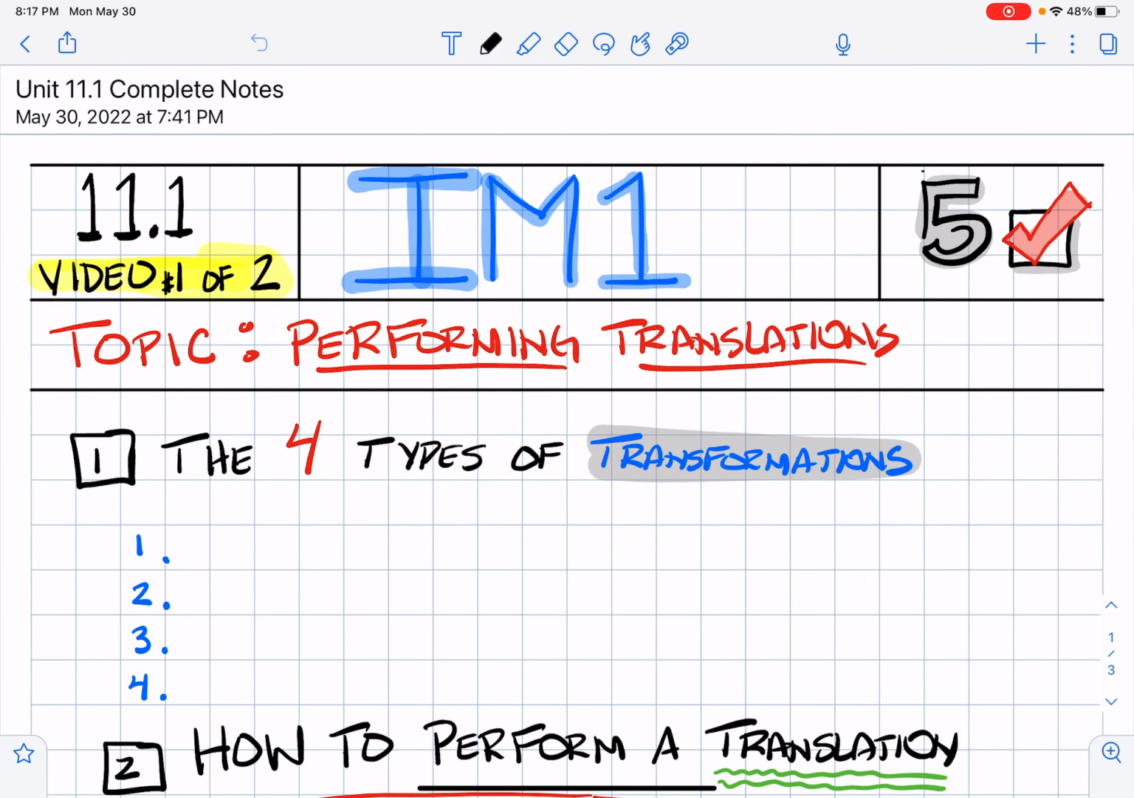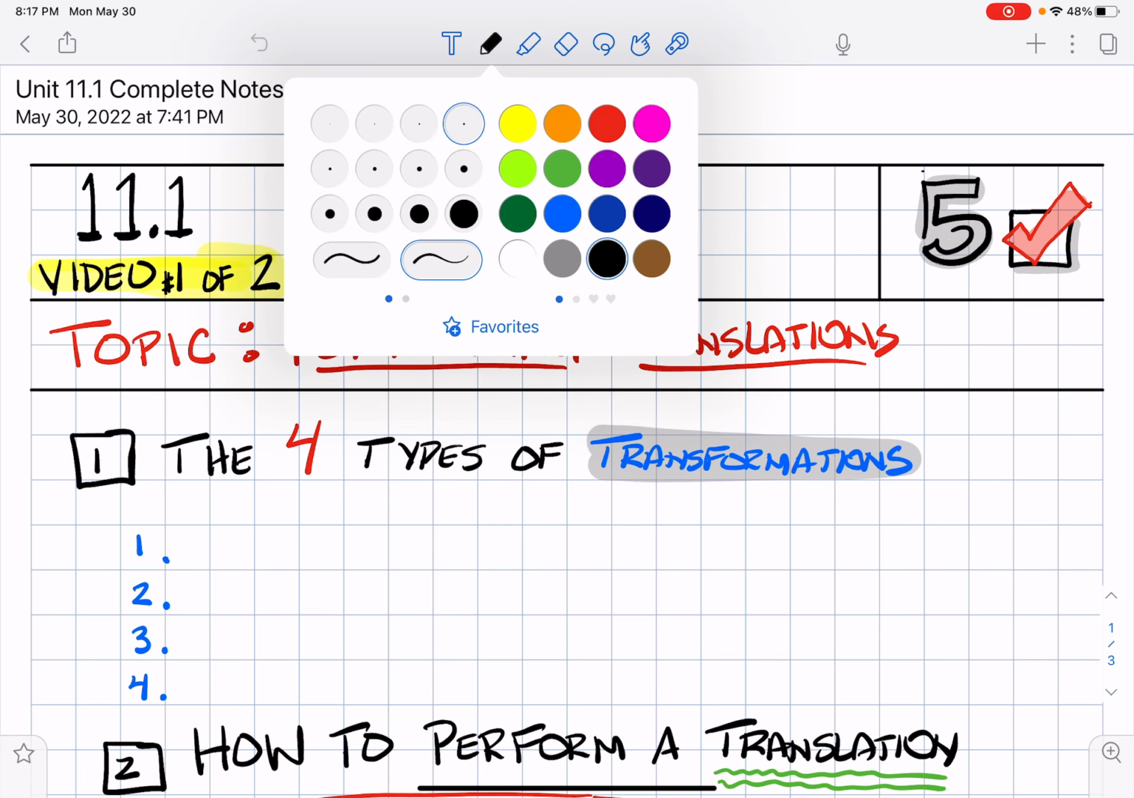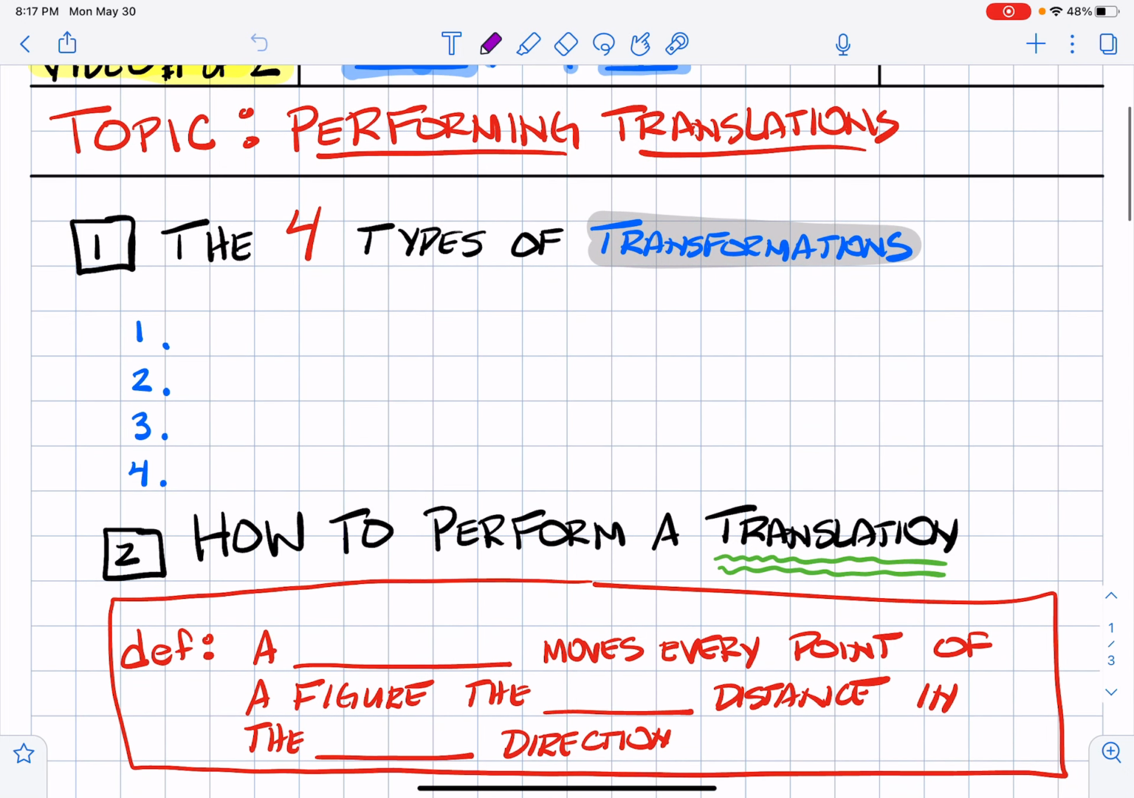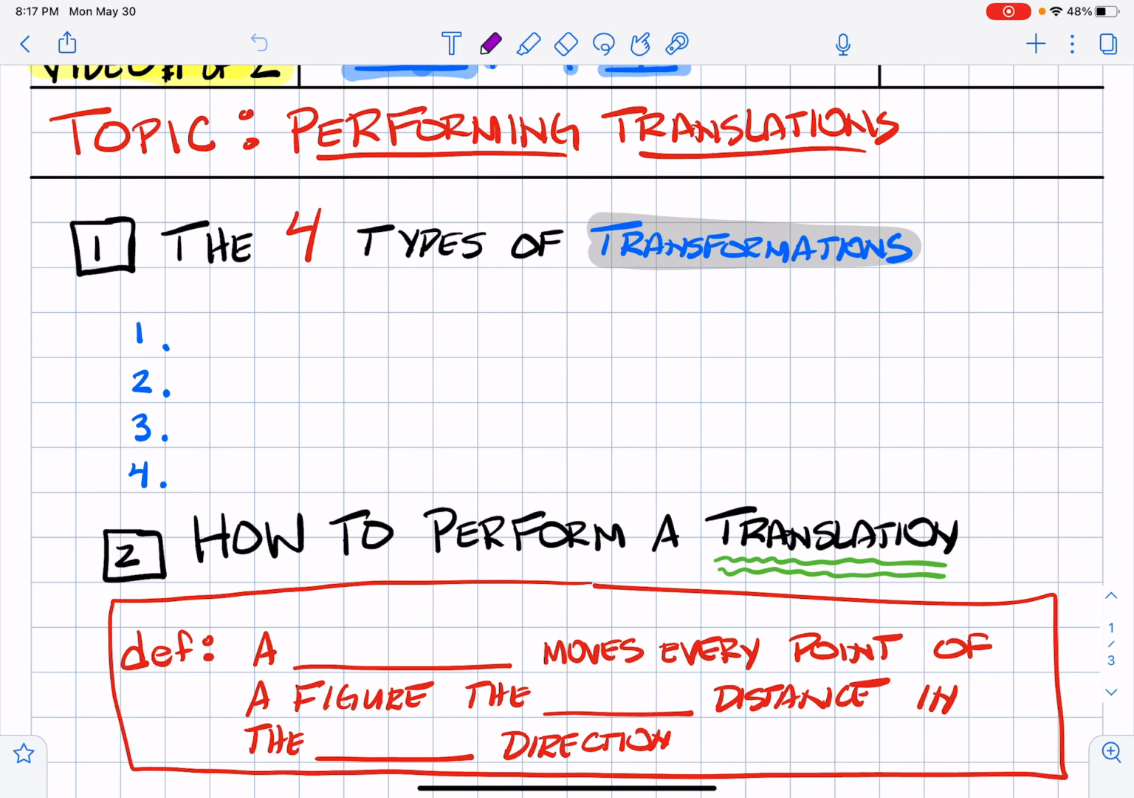Welcome to IM1 11.1, video number 1 of 2. We got 5 boxes to talk about today, and the big topic for us today is performing translations. So first of all, there are 4 types of transformations in geometry that we study a lot, and here